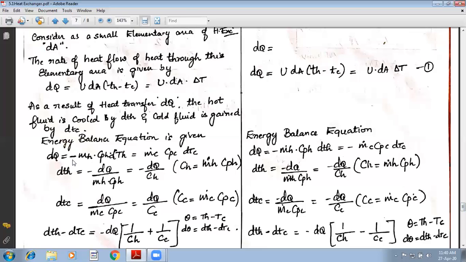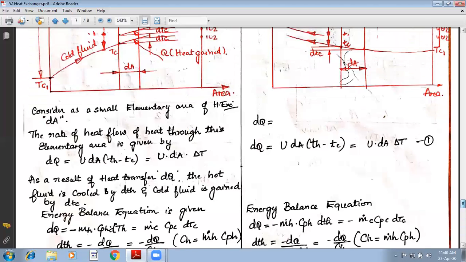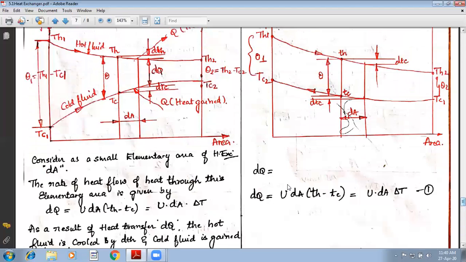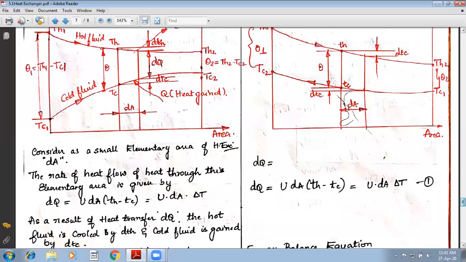The answer to this is, if you go along the length of the heat exchanger, the temperature is dropping. Now if you see here, if you consider this to be along the length, if you go along the length of the heat exchanger, the temperature is dropping. Along the length of the heat exchanger, the temperature change is negative. Hence, we have considered for hot fluid